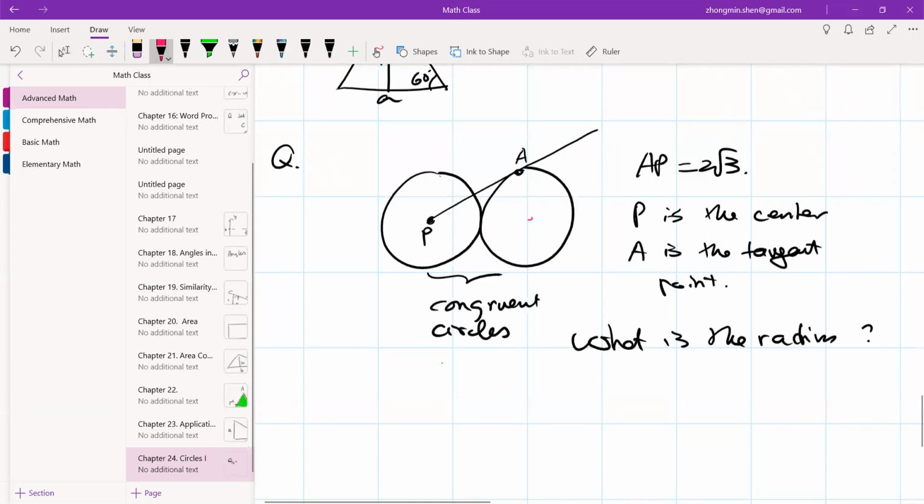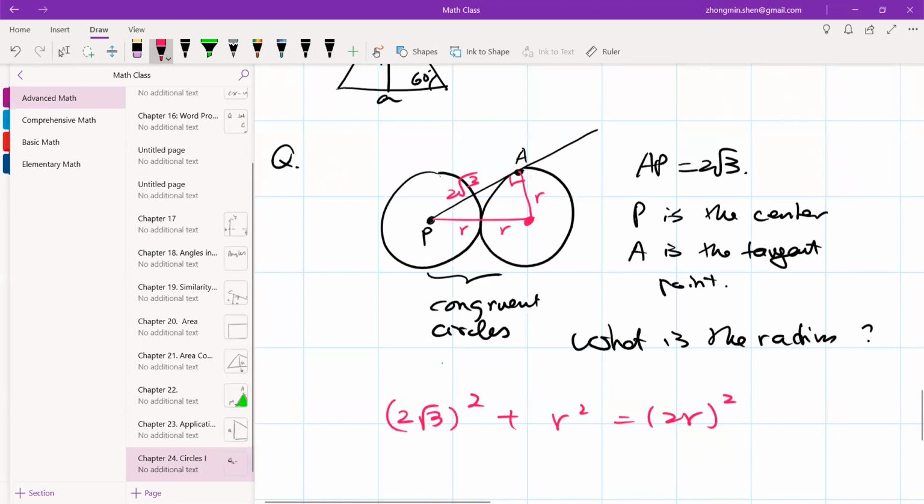All right, so the center is the important point, right? And you have to connect them. Once you connect them, you realize this is the tangent point, so this must be a right triangle. That's it. Okay? And this side is 2 square root 3. Here is a radius, here's a radius, here's a radius, right? And once you see the right triangle, you can apply the Pythagorean theorem to the right triangle. Then, 2 square root 3 squared plus r squared, right? And you get